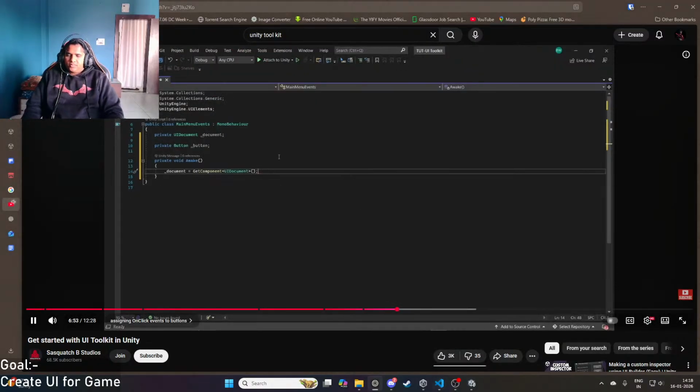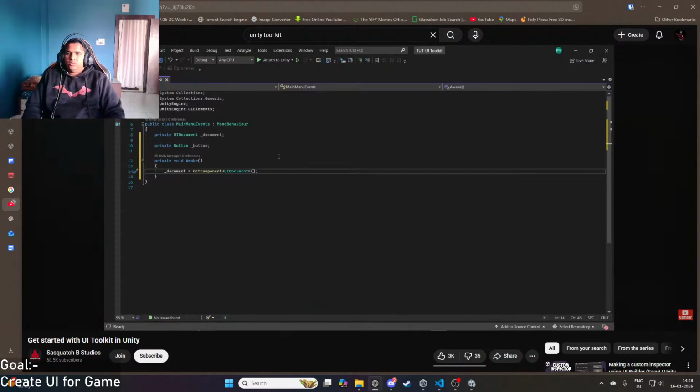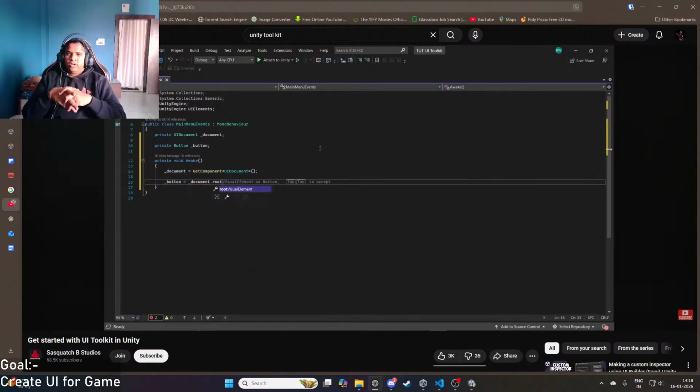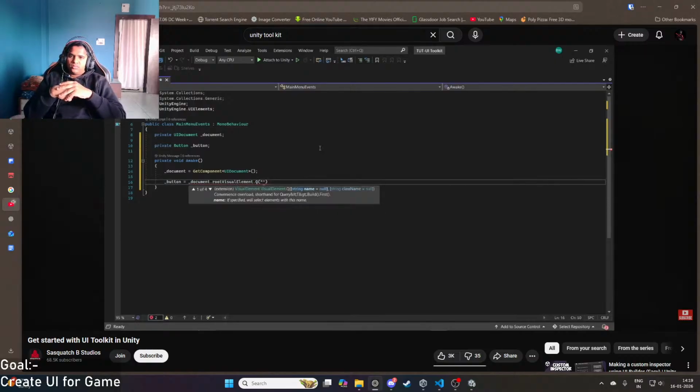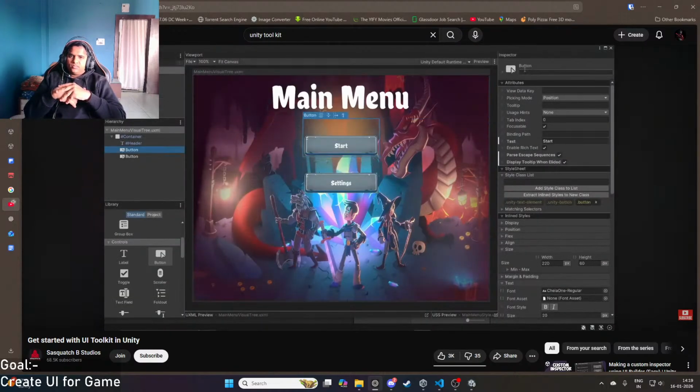And as for the button, the syntax is a little bit strange, but it's not too bad. We're going to reference our UI document and find the root visual element, meaning where the hierarchy starts in our UI document, then use .Q, which is short for query, and we'll find the name of our button, which I actually forgot to do. So I'm going to go back and call this one start game button